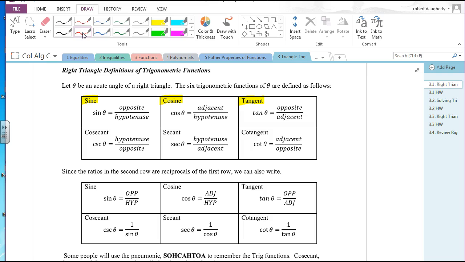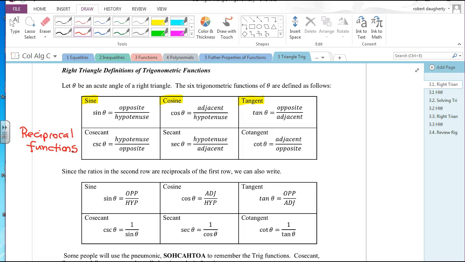Now, the functions that you see here below are called reciprocal functions. Does anyone know why we call them reciprocal functions? Well, what's the relationship between this and this? Not opposite. What word would you use for that? Reciprocal, okay? So the cosecant is just the reciprocal of the sine. The secant is the reciprocal of the cosine. The cotangent is the reciprocal of the tangent, okay? So the 3 at the top you know, the 3 below are new, but they're just reciprocal functions,